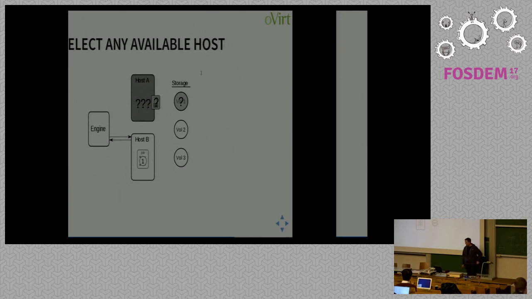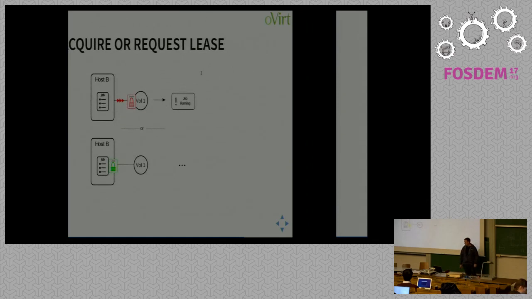So let's take a look at how this works in practice. Here we go. We're going to select host B, which is still responding to us, and we are going to schedule a reconnaissance job with the last known generation of the volume, which is still 1 at this point. And now it's time to check on that lease.